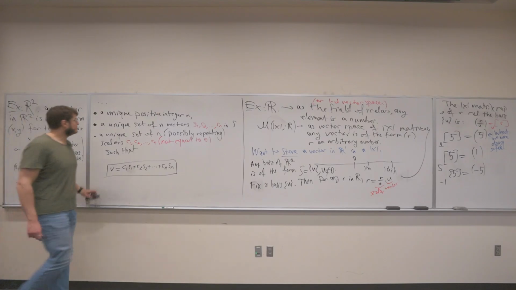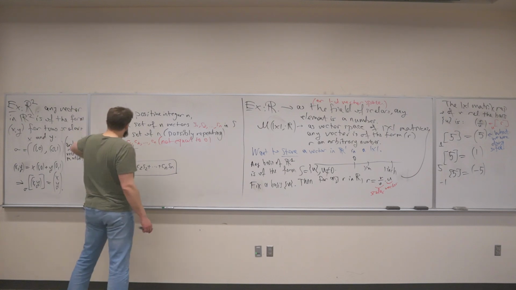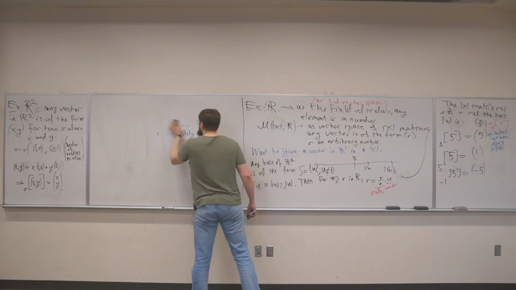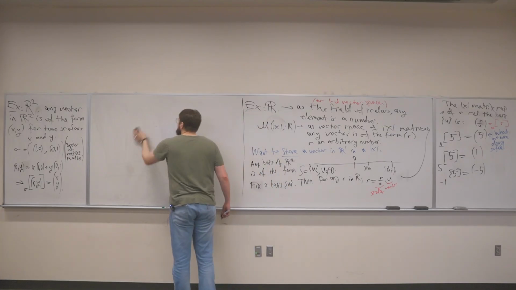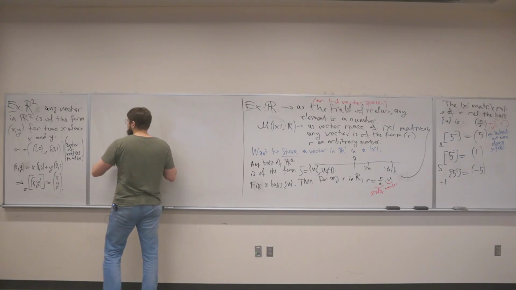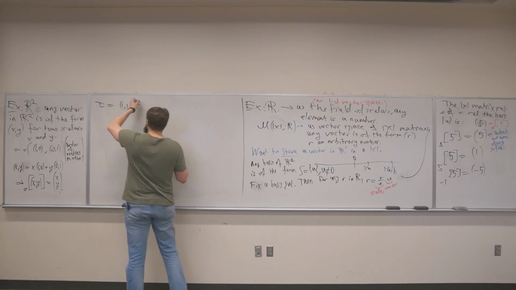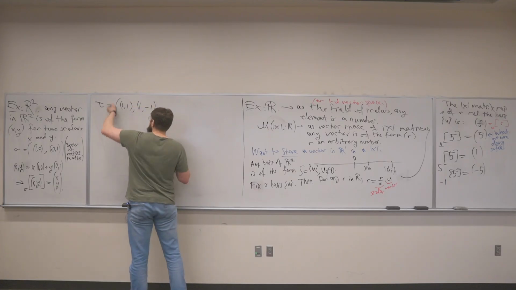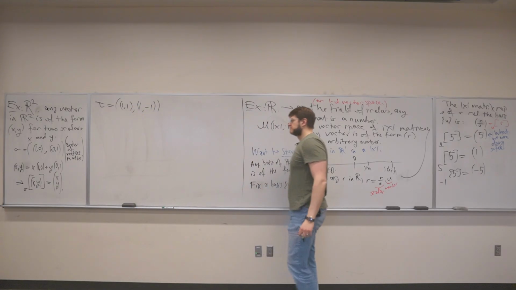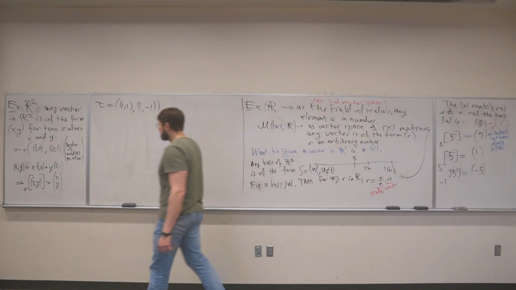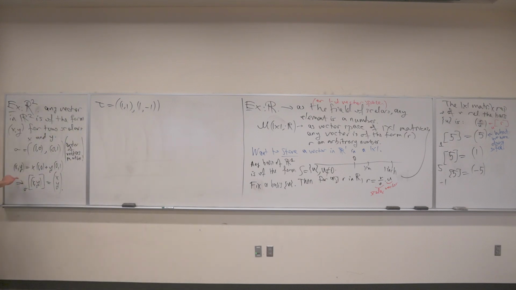Here's another example for the same space. And I'll do, in fact, one more. Let's do the diagonals. Say tau is (1, 1) and (1, -1). That's another basis. Now, the question is, if I were to take an arbitrary vector (x, y), okay, it's a pair of numbers, what is the matrix representation of that arbitrary vector with respect to this basis?